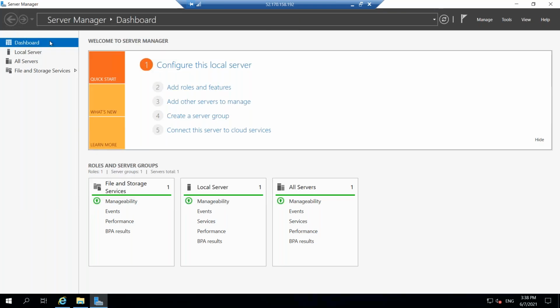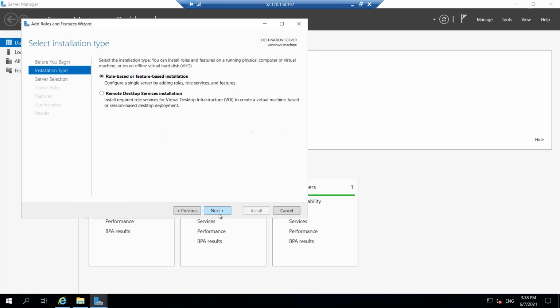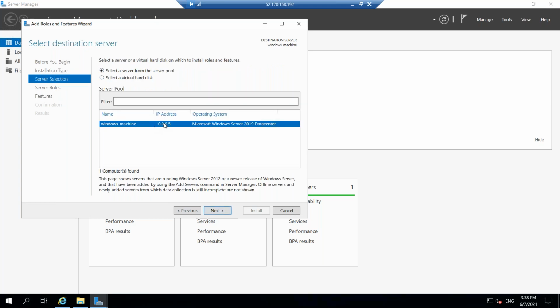I have to select the Server Manager. If I want to install that IIS, I have to click on this one and select the role-based or feature-based installation. This is the private IP, this is the machine name, and this is the operating system of this particular machine.